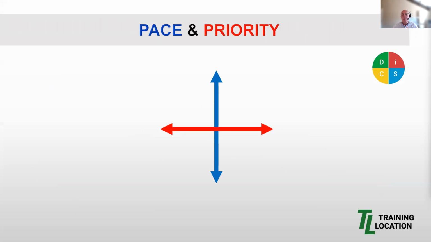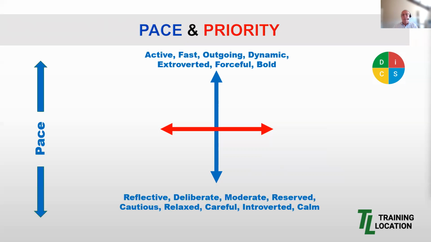Those of you who joined us before know that I refer to our PACE and priority model or grid as the essential tool to diagnose, discuss, and understand DiSC styles. This may be redundant to those of you following our vlogs. However, it still provides a reinforcement if someone is seeing this vlog first from our collection on traininglocation.com website. Now, the vertical axis represents PACE, and we see the descriptors at the top and bottom of the PACE spectrum. And I'll give you just a moment to look at those 2 groupings of words.